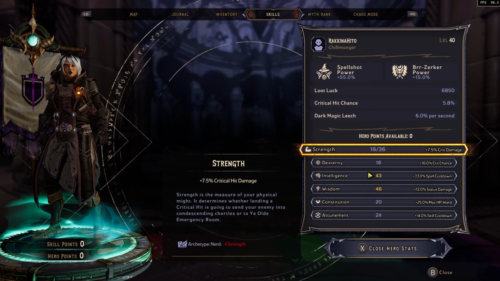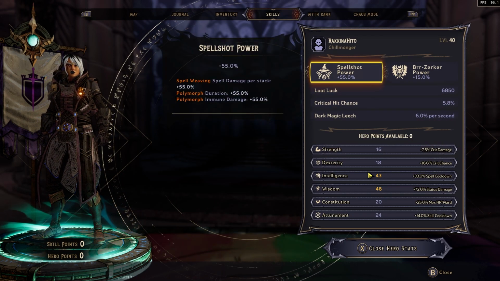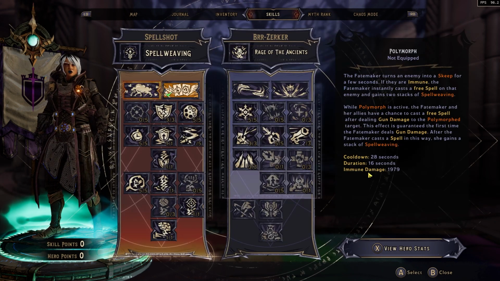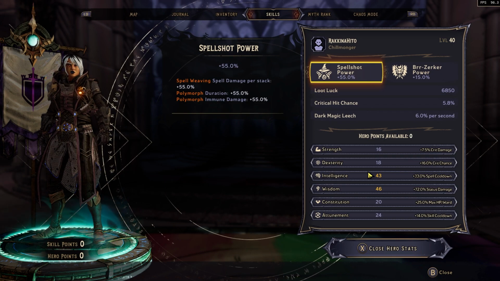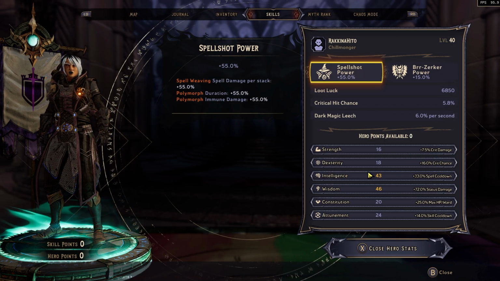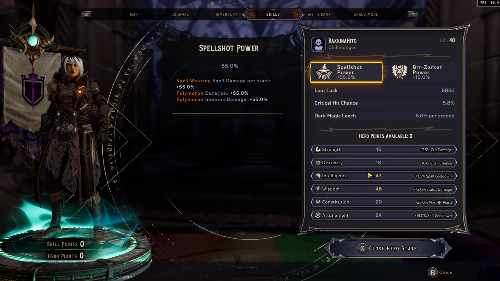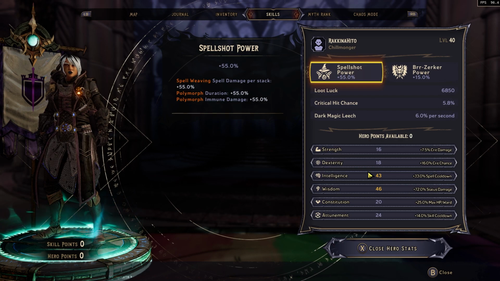Going into the hero stats, typically I mostly boost out my Spellshot power because we do get a full 45% of this for gun damage, which is why we went into magic bullets. So I can do the math for you real quick. If we get 11 stacks, that's pretty much 55 times 11, that's 605% of bonus spell damage, which sounds crazy because it is. And then we get 45% of that,